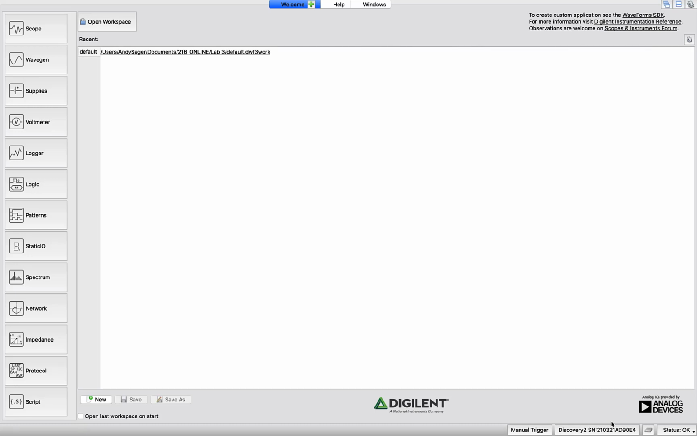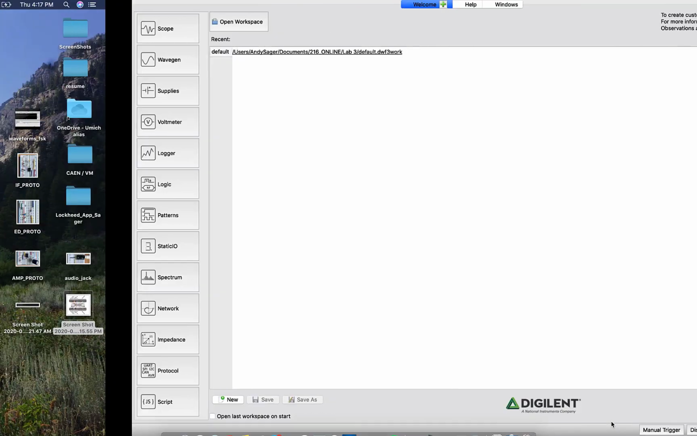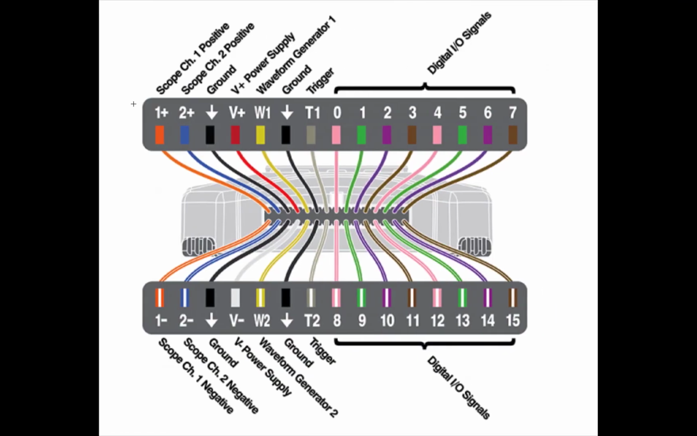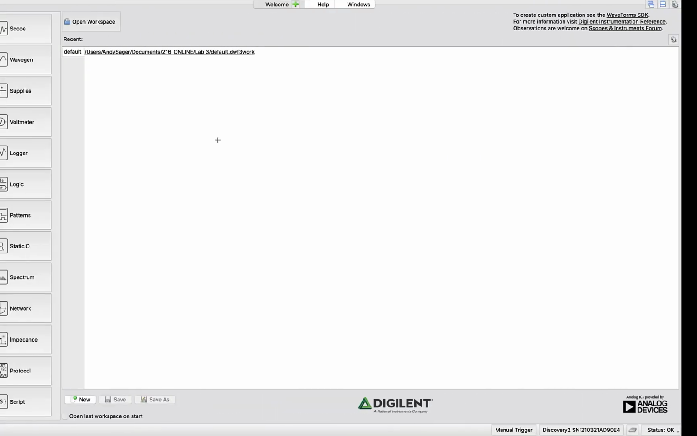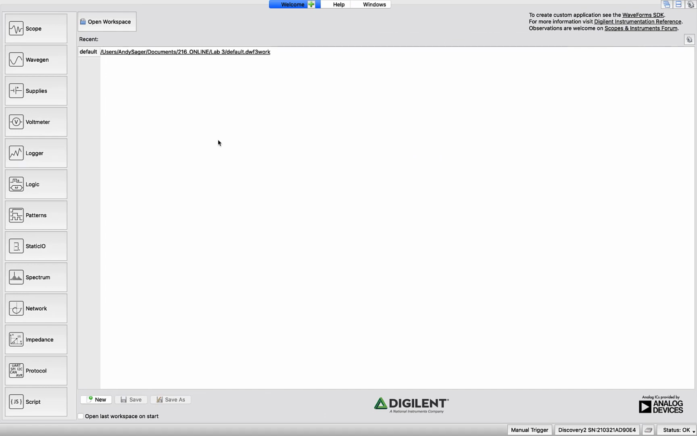Now how I have the AD2 configured is by connecting the scope channel 1 positive jumper to the waveform generator and the scope channel 1 negative terminal to the AD2 ground. I've connected those through the jumper cables provided in the hardware kit, and I've connected the AD2 to my computer via USB. So if we go back to the Waveforms software, I've already confirmed I'd like to connect to my device, and I'm ready to start